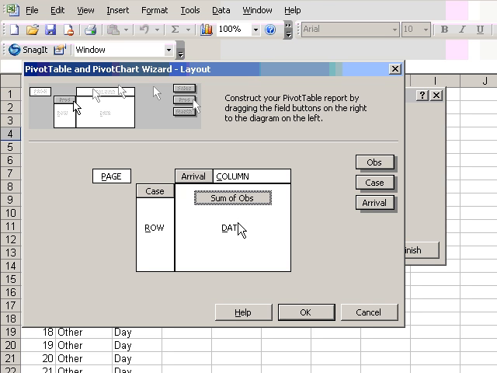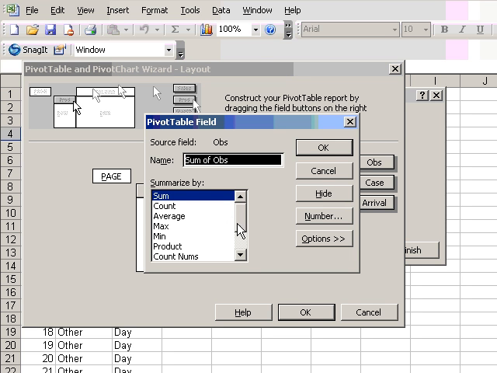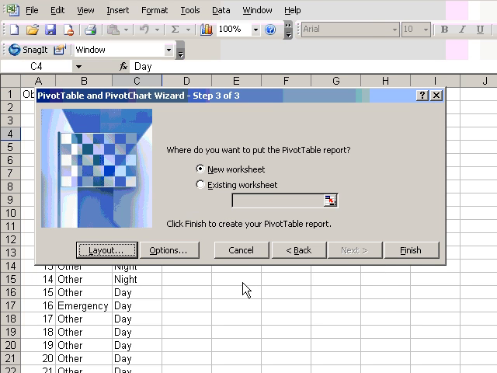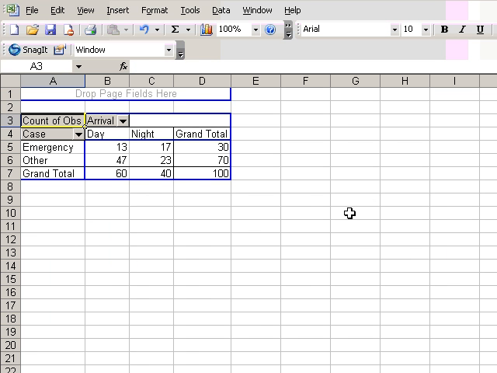in as sum of observations, since observations is a number from 1 to, in this case, 100, because there are 100 observations. But I can double right click this and change it to count, in which case I'm now counting observations. So I'm going to leave it this way, and I'll say OK. Now this says it's going to go into a new worksheet, and when I say finish, I now have this